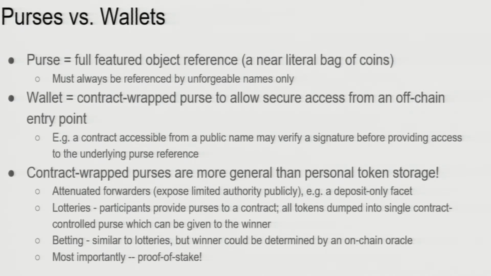Wallets, on the other hand, are contracts that are on top of a purse. They wrap the purse in some sort of security so that you can safely access it from off-chain. A wallet contract can be stored at some public name, accessed via a deploy, and it'll do some security check to make sure that only you and the people you want to can get access to it. As a simple example, it might do a signature verification in the same kind of way that Ethereum works